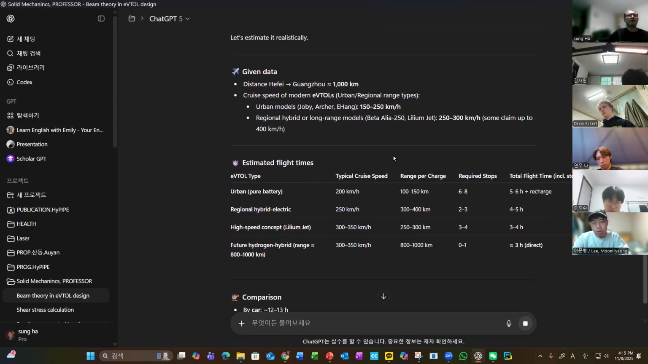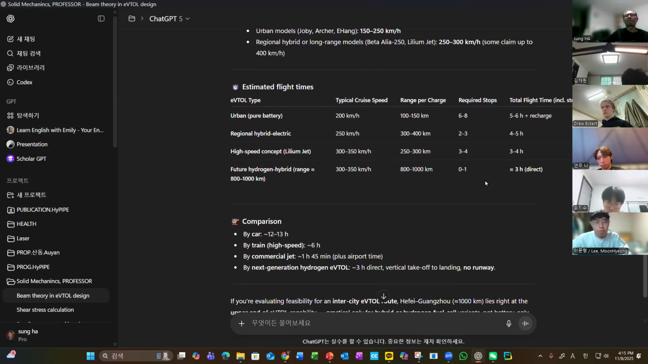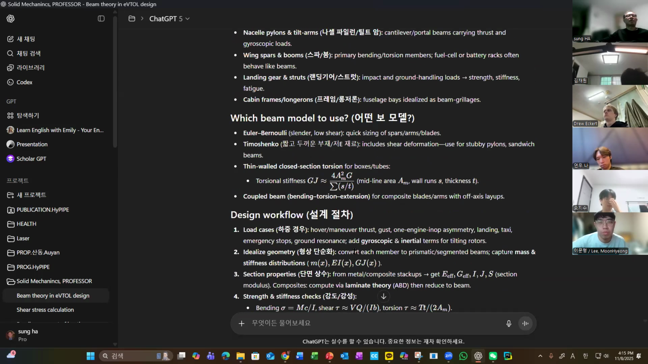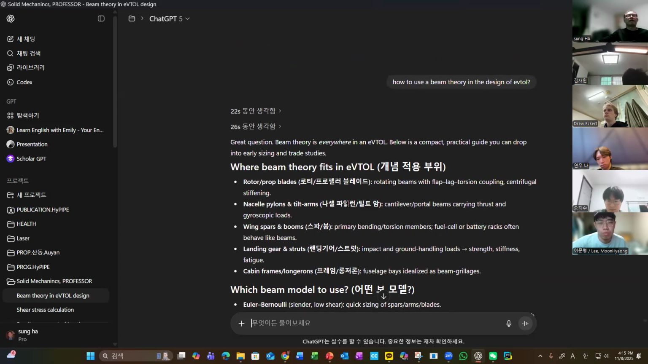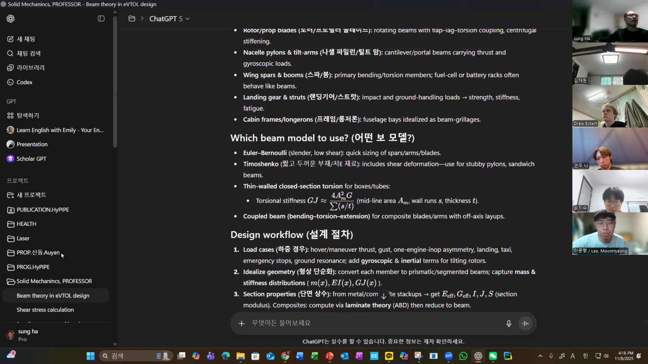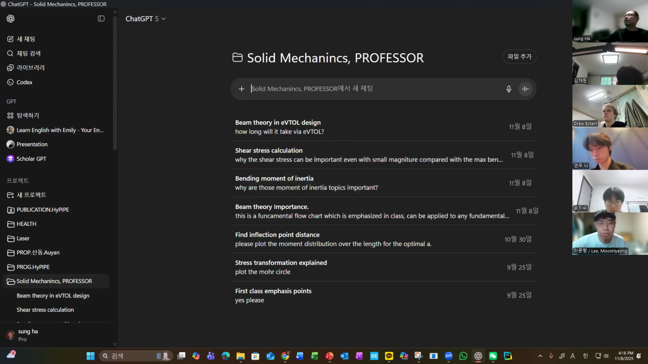So the eVTOL is not just a plan. It's a big movement globally, so it's on the order of 3 hours and things like that. Not so meaningful, but importantly, every country would like to launch this new project, and even Hyundai,